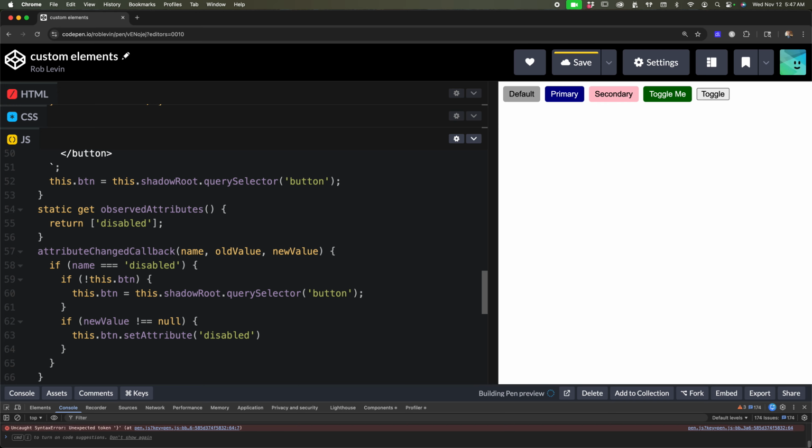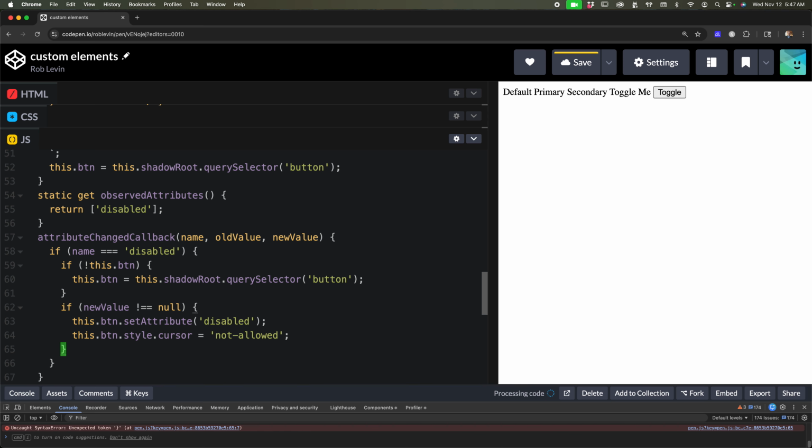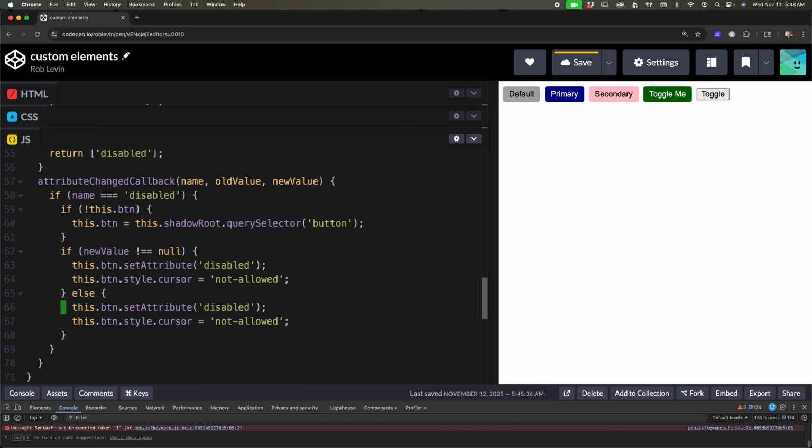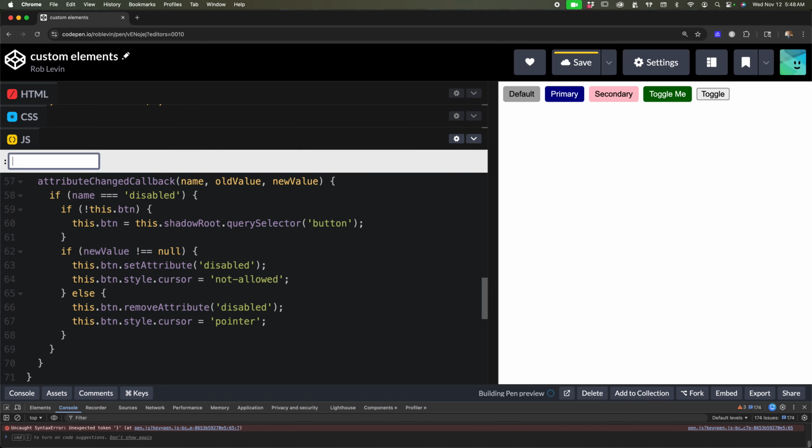This button set attribute disabled, and we want to maybe style this cursor equals not allowed. So we have a little visual affordance. Otherwise, we're going to yank this over here because this time we're going to remove the attribute disabled, and we'll go ahead and set this to pointer. And with that,